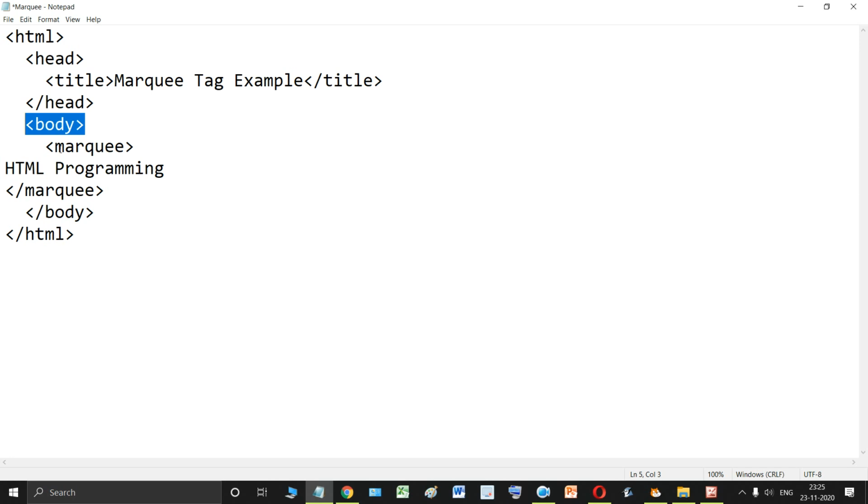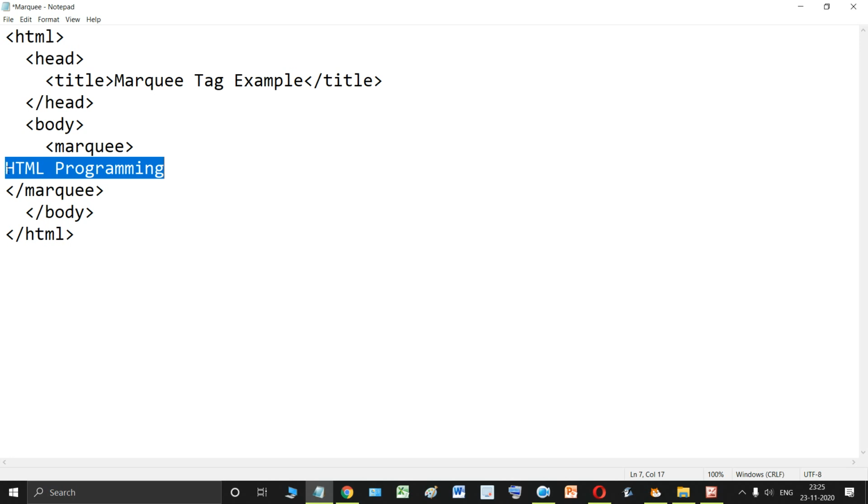Now inside the body, what do I have to write? I have to open the marquee tag. Whatever text I write within the marquee on tag and marquee off tag, that text will give an effect of scrolling on the web page.